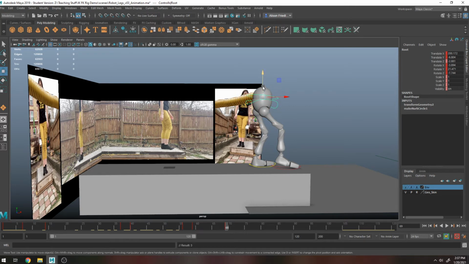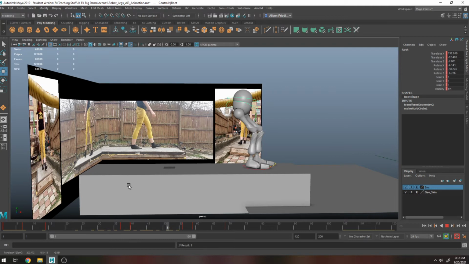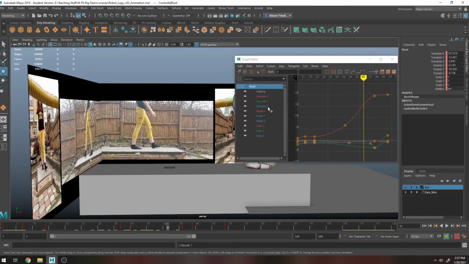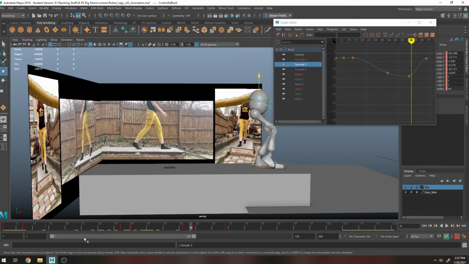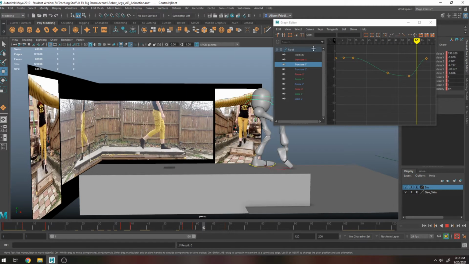So I'm going to start going in and adding a little bit of extra hip rotation here and there. I'm also just going to leave my Hypershade open on my other monitor. This is clearly too low, so I'm going to delete that and see if that helps a little bit with the character being perpetually crouching. Anywho,